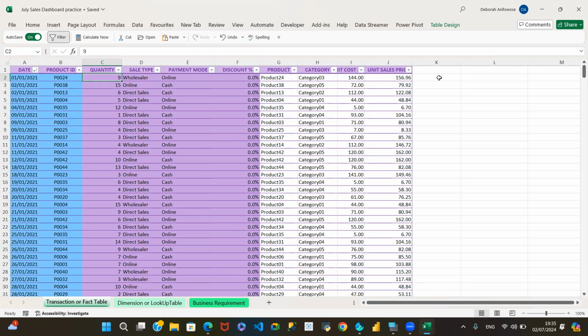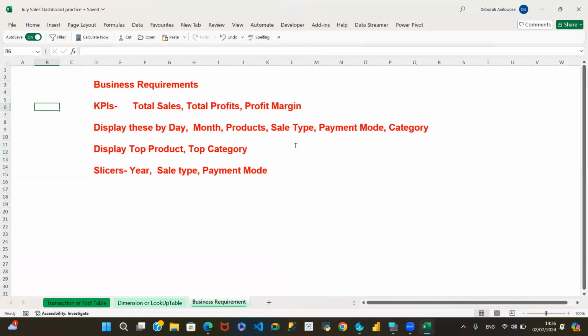So next step would be we calculate the totals for our unit sales, totals for the cost. We find the profit margin, and then we can jump into our pivot table and start getting this information together. So that's our to do